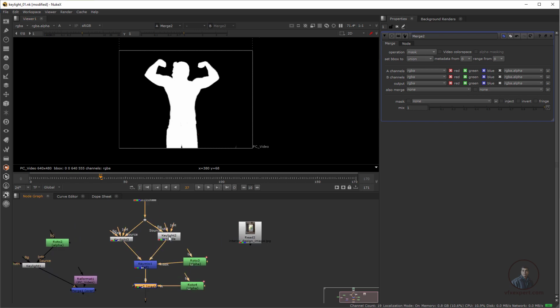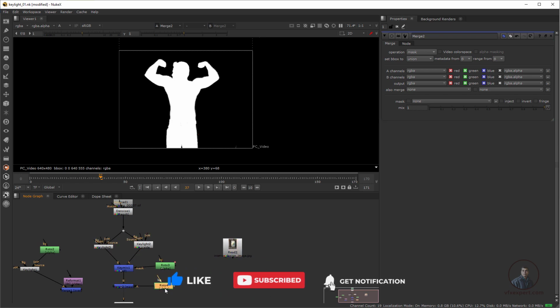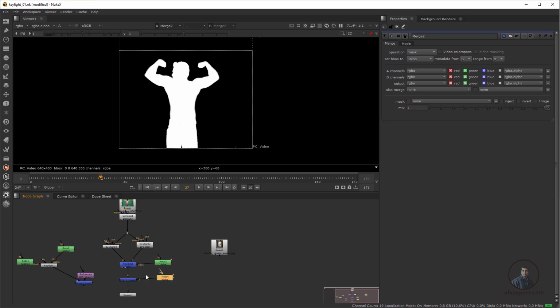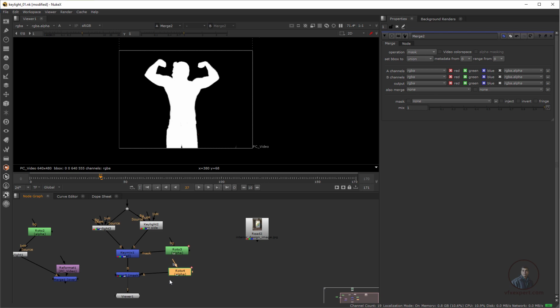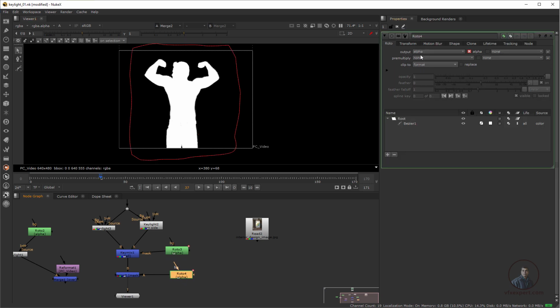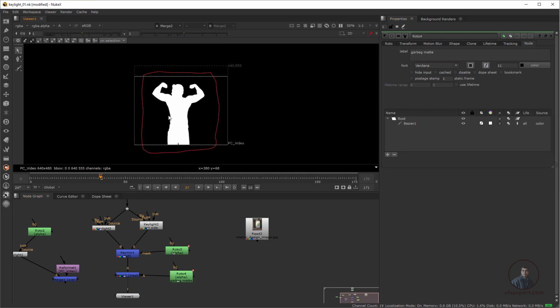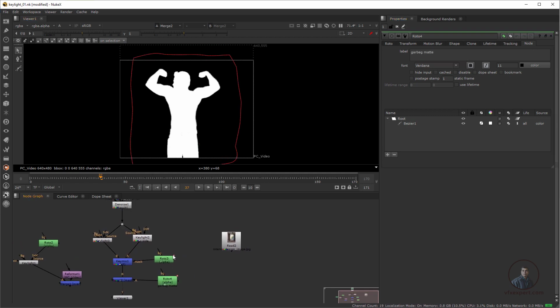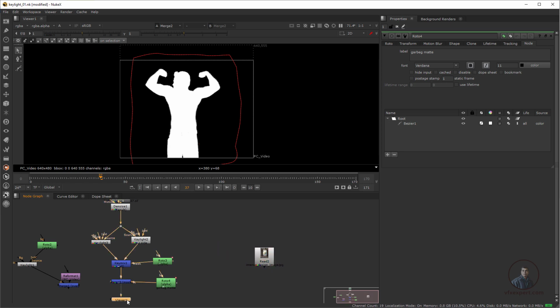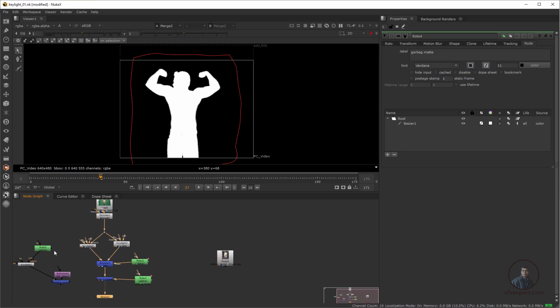If you want to adjust the top portion a little, you can adjust it with the help of this Keylight, and if you want to adjust this part, you can adjust it with the help of the other Keylight. So this is the main procedure for how you can divide and create your final matte. Double click in the Roto and give it a name, maybe garbage matte. Now I am going to extract our character. How can we use this final matte? Let me adjust it here.